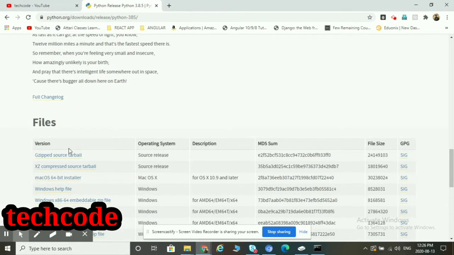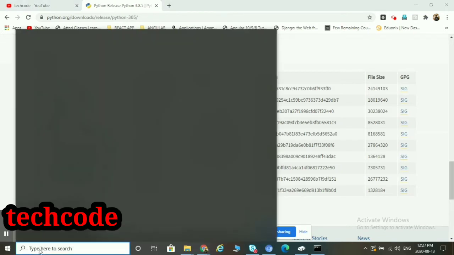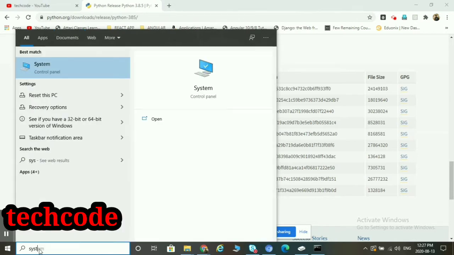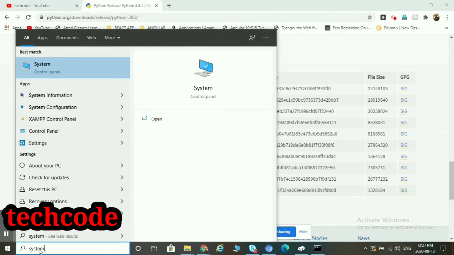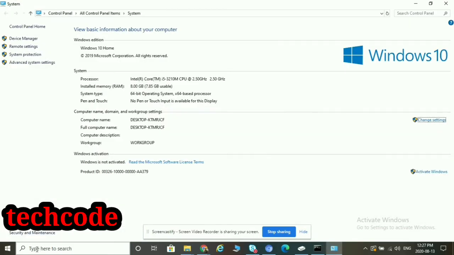First we need to download the file. So here the files are given. Here are the versions, operating system description, md5 sum, file size, and gpg. Here we first need to check the system requirements. So first you should check which type of operating system is installed and which type of processor is there.